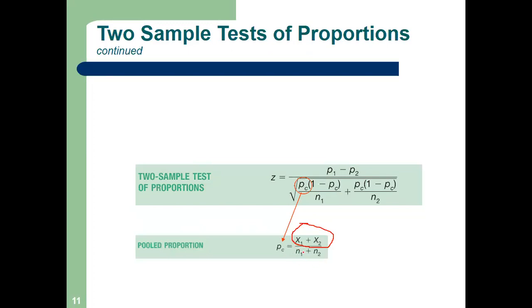And total, what is my sample? 100 and 200. So 300. So what is my PC in this case? 300 in the denominator, and in the numerator, 105 plus 60. So 165. So this is my pooled proportion. Clear? Is the formula clear? So if you find the data in a proportion form, we have to use this formula. We cannot use the mean formula. We have to use the proportion.